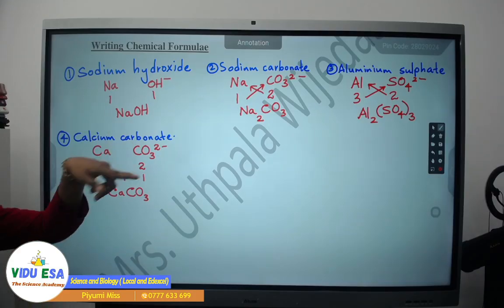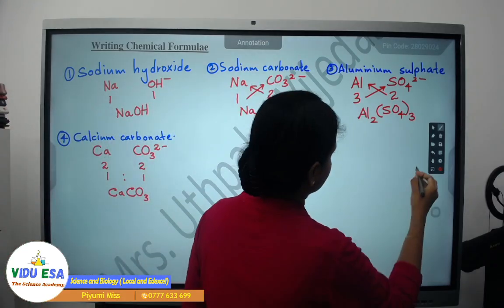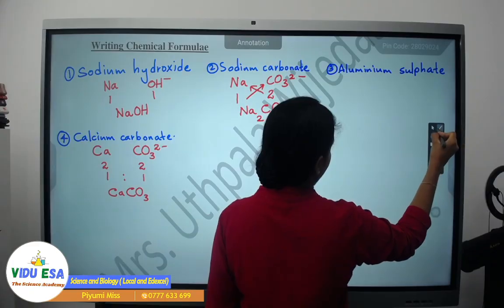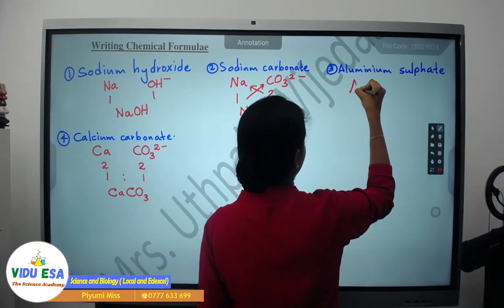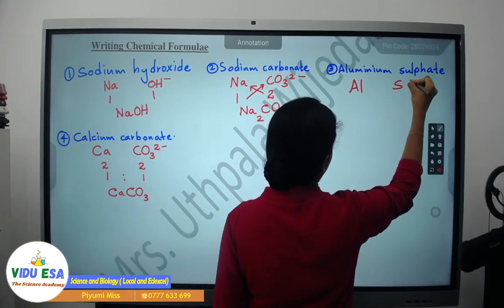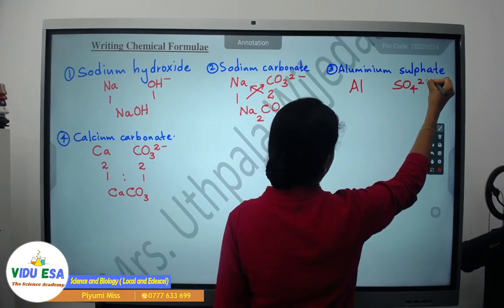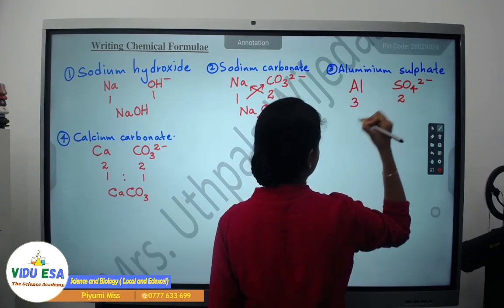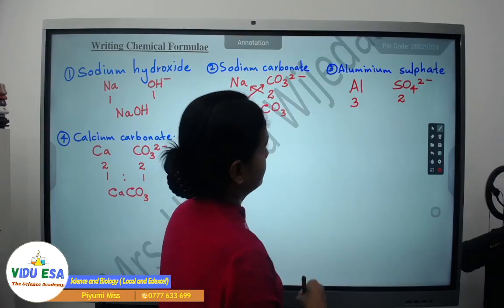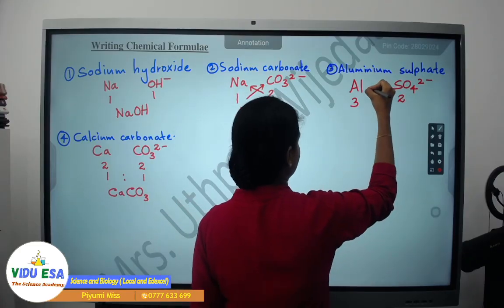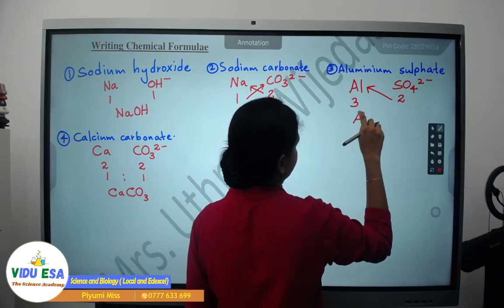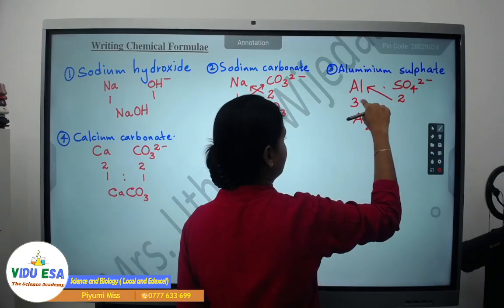Third means aluminium sulfate, right? Aluminium and sulfate are the components. Once we write the valencies here, it is 3 here and 2 here. Once you exchange the valencies, this 2 belongs to aluminium, Al2. Now here there is a radical and this 3